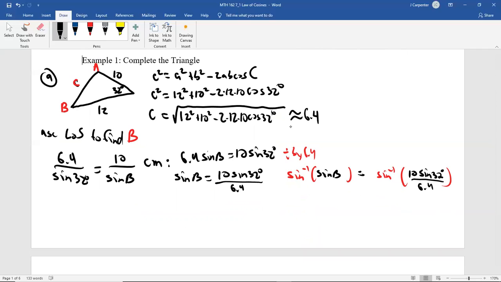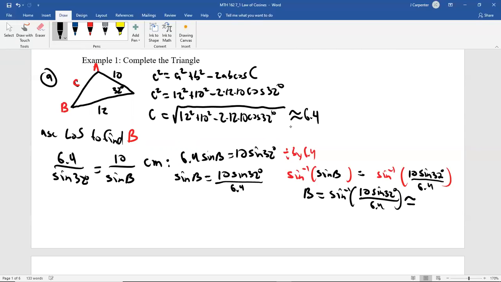We do that because inverse sines and sines cancel, but only if we're in quadrant 1 or 4, which, as we said, A could be bigger than 90. So A could be in quadrant 2, so we wouldn't be able to guarantee that this aspect is true if we attacked A. But for B, because it's not opposite the largest side, angle B is definitely less than 90. So B will be the inverse sine of all that jazz,